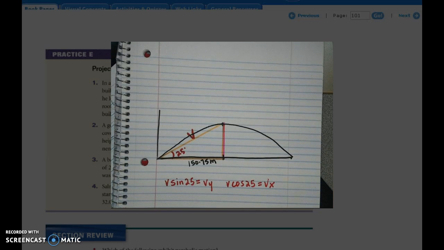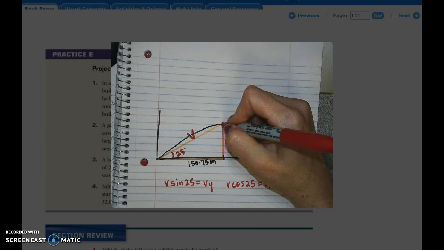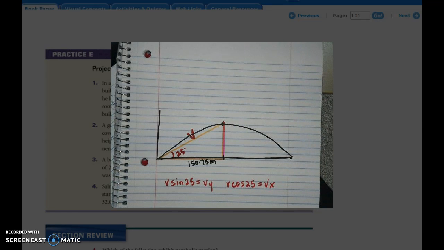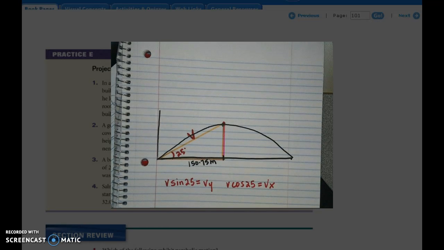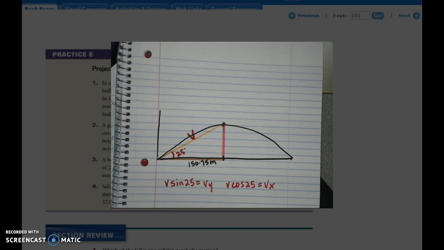Okay? The other thing that it tells us is that at this point in the flight of the golf ball, the y component of its velocity is 0. So it only has the x velocity. So we know right here that that point is going to be 0, and we'll tuck that away for later. We also know that the x velocity does not change throughout its entire path. So whatever its x velocity is here will also be here